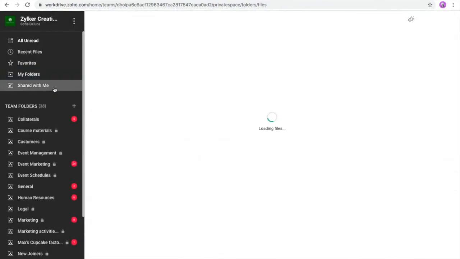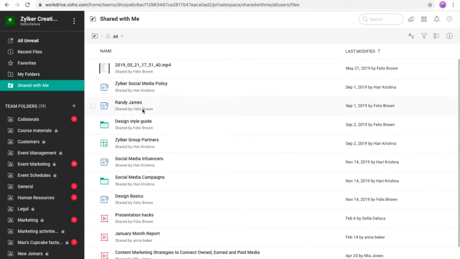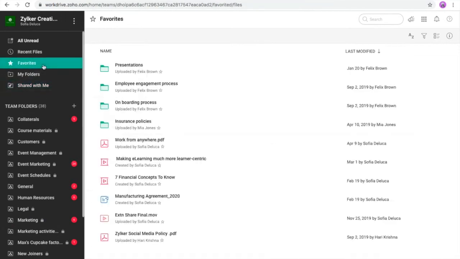And then on the left, you also have the shared with me option. So as and when someone shares a file with you, that will be available here. And you have the favorites option from where, let's say you update a document on a daily basis, or you constantly look at files, like for marketers, probably a comparative analysis that they constantly keep looking at.